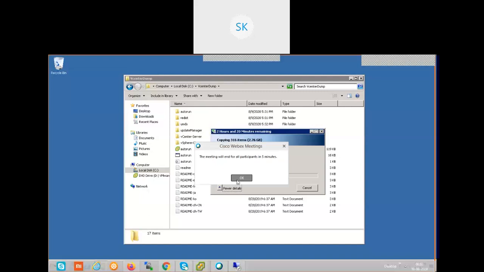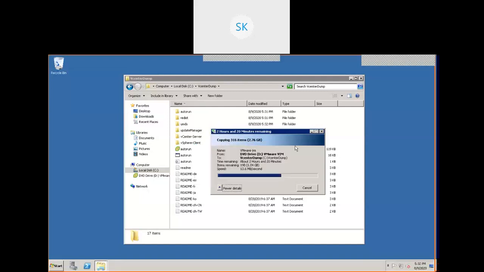Click OK. If it is not going to complete, I will proceed with it in the next session. Okay, how to install vCenter server? It is going to take at least 20 to 30 minutes to complete the installation. No need to hurry. Try to understand the concept, why we need a vCenter server, how it functions, what are the prerequisites to perform this installation.